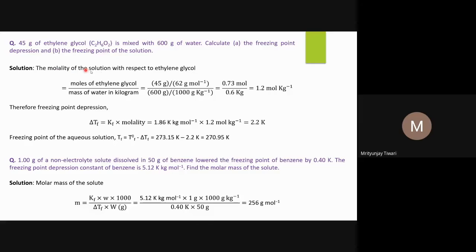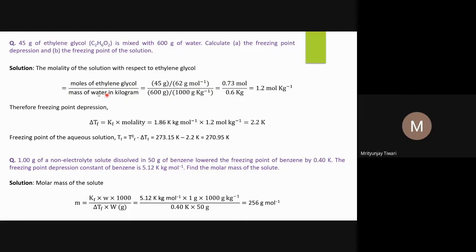So now what can be the molality of the solution with respect to the ethylene glycol? We can obtain what is the molality. Molality is the moles of ethylene glycol. How will we obtain moles of ethylene glycol? It is the mass of ethylene glycol divided by molar mass of ethylene glycol. The mass of ethylene glycol given in the question is 45 gram, and the molar mass of ethylene glycol is 62 gram per mole that we have just calculated, divided by the mass of the water or